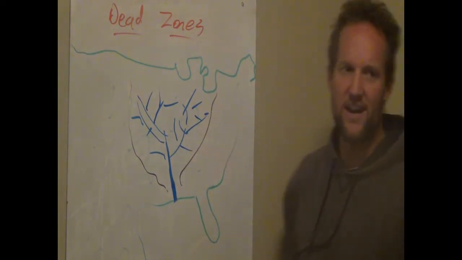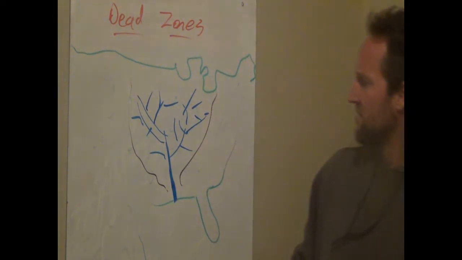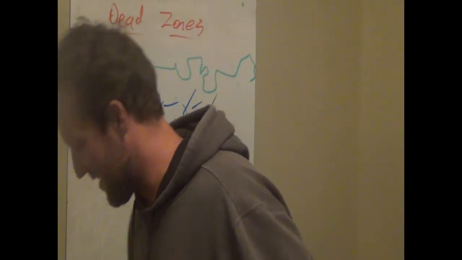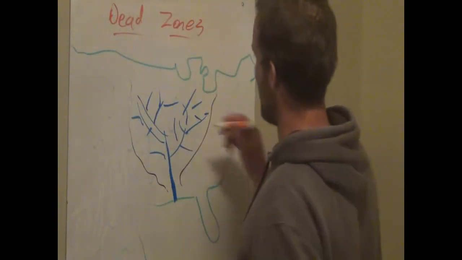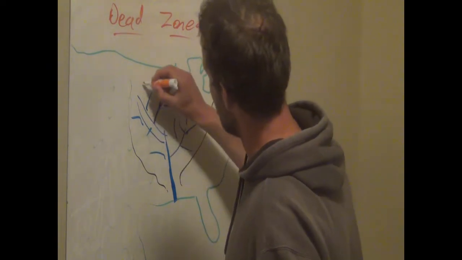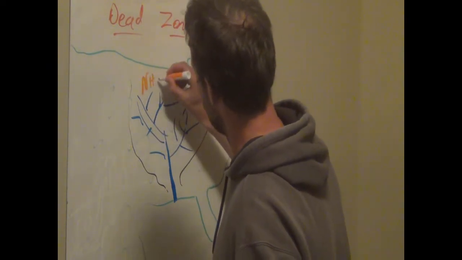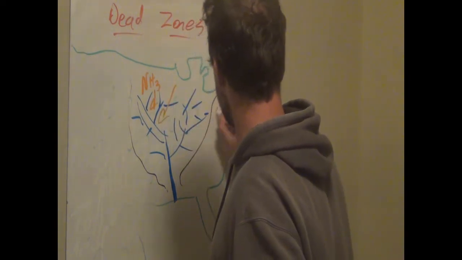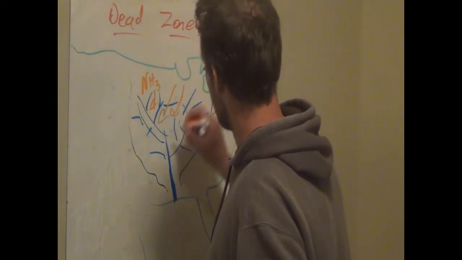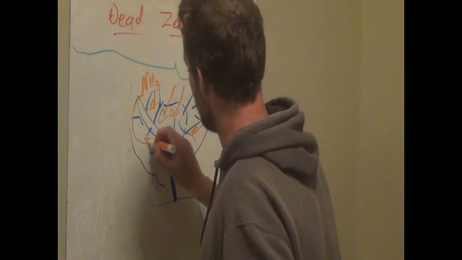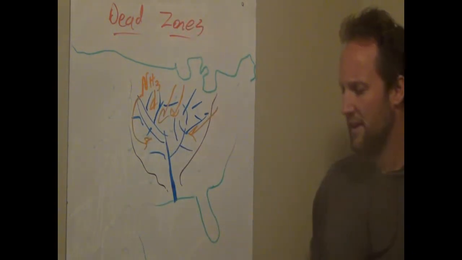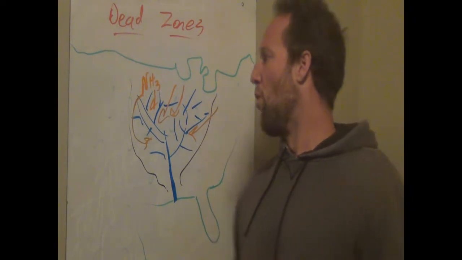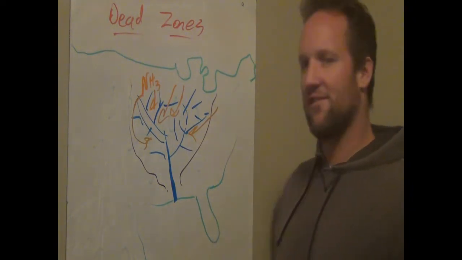And this is where most of our agriculture goes on. So in order to grow crops, we need fertilizer, so a lot of nitrogen gets added to this area. It's a type of ammonia species, so we get a lot of fertilizer around here. And like I said, that's important because that allows us to get enough food. But the bad thing is we usually use more fertilizer than what is necessary.